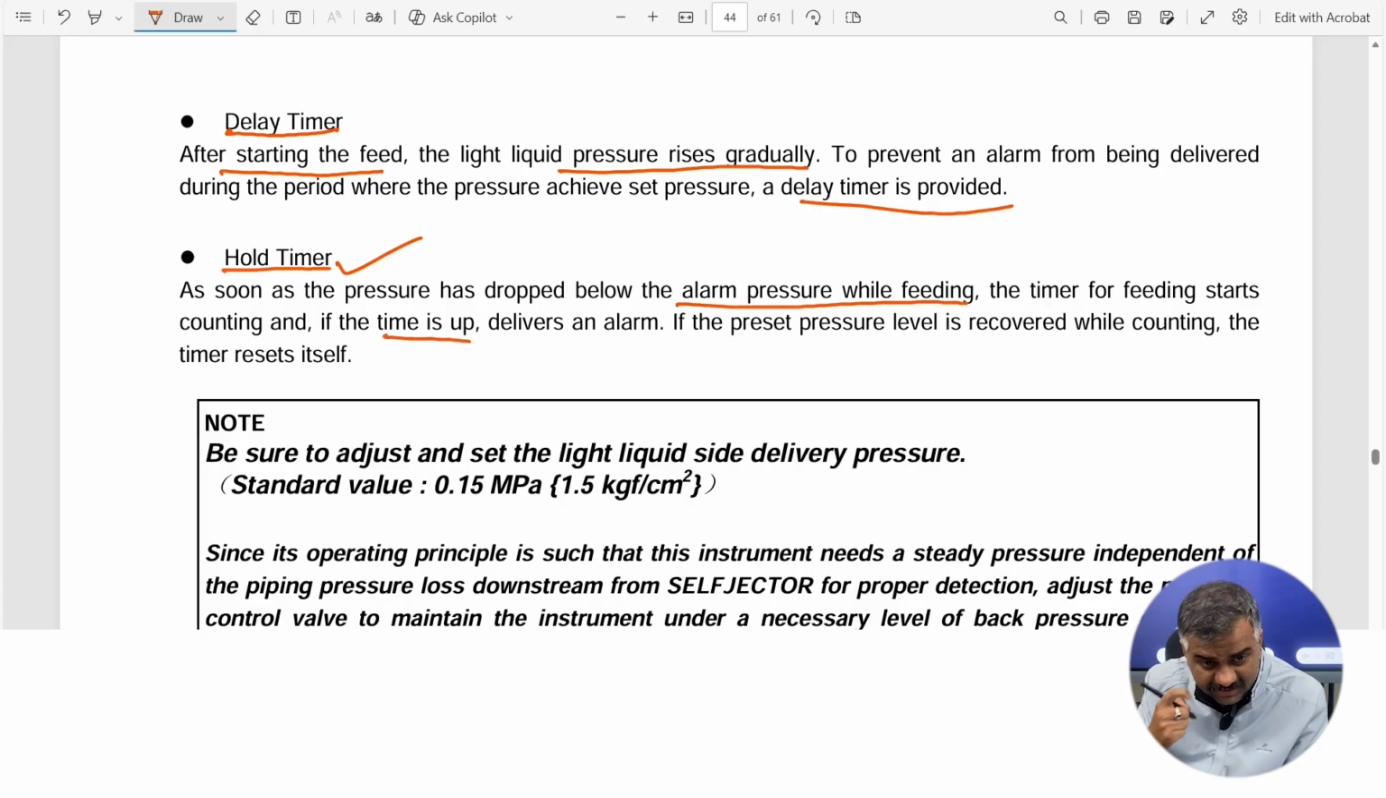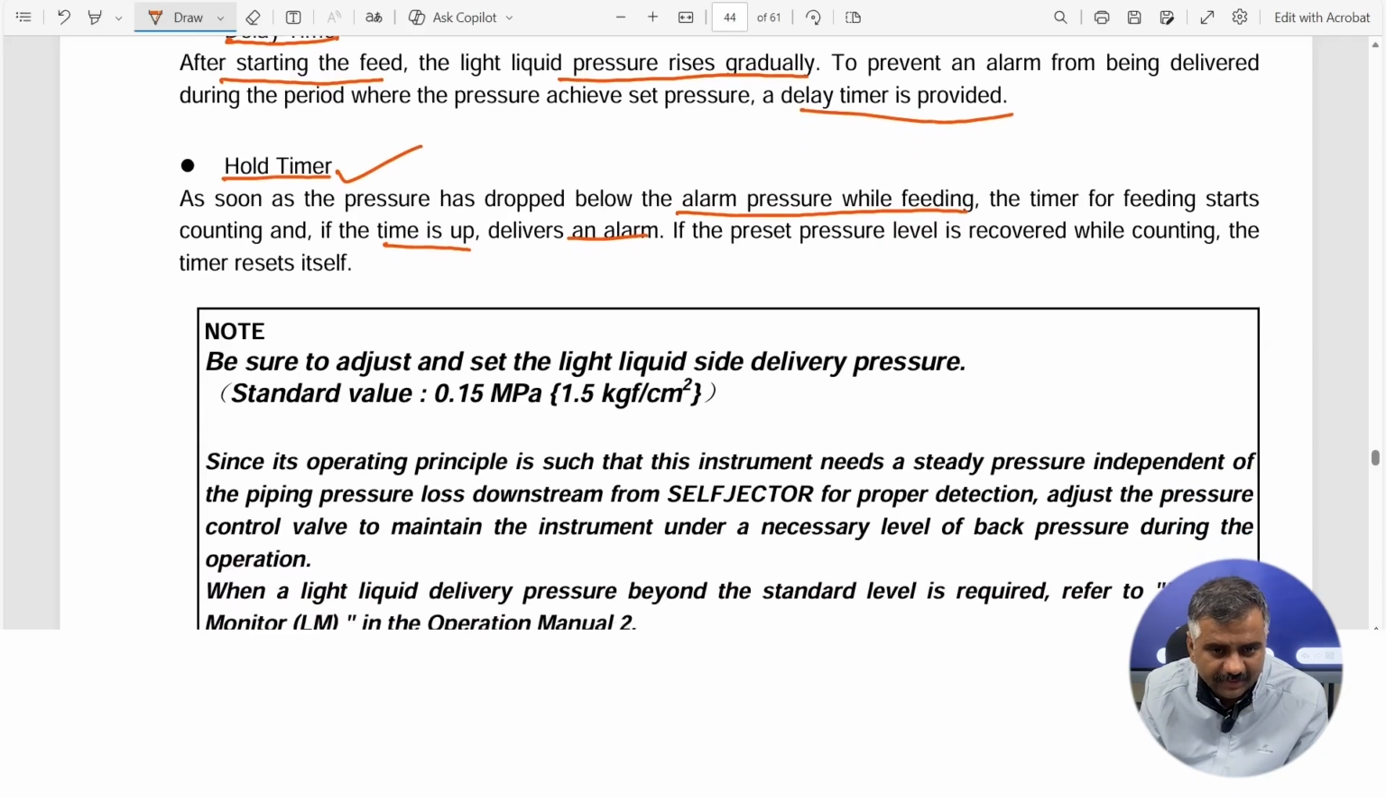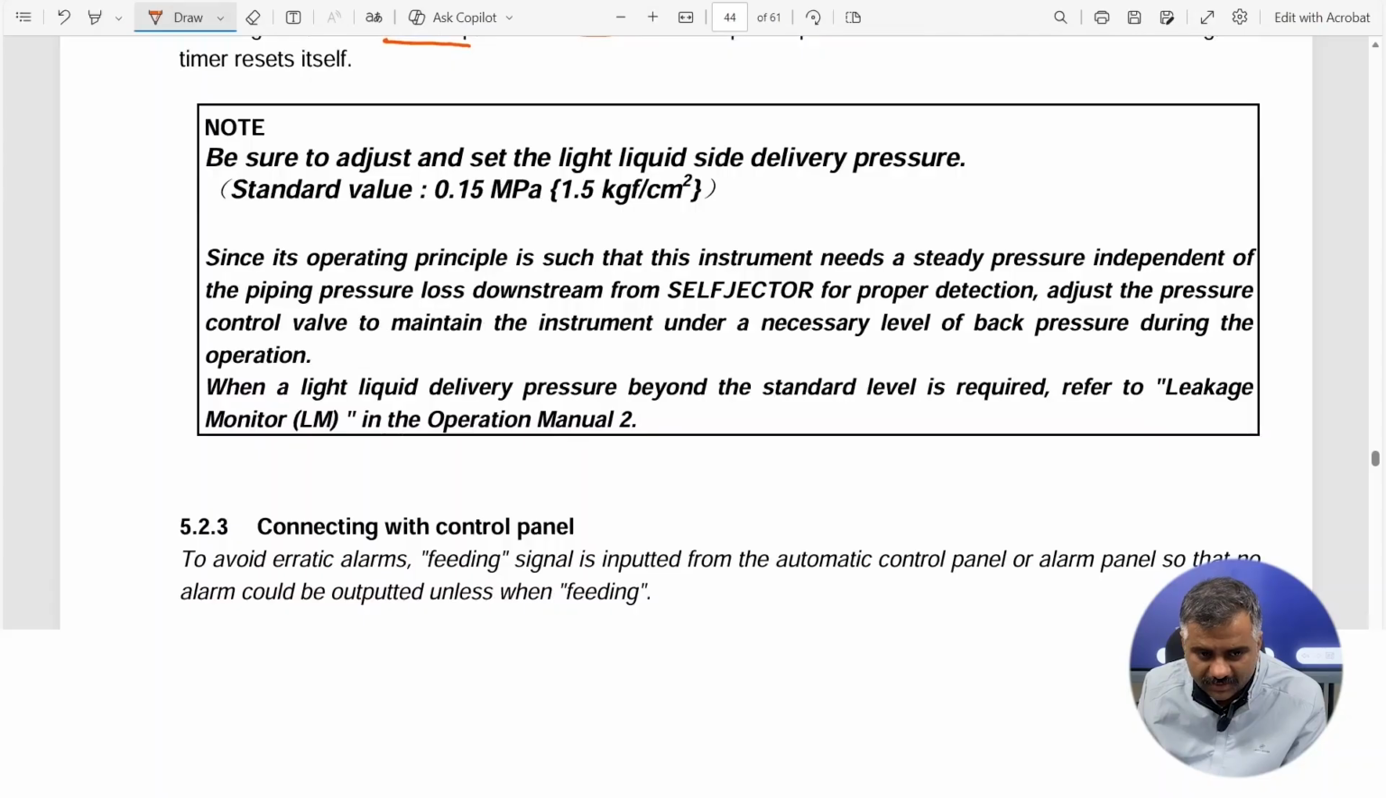we will have this leak off alarm due to the time exceeding of the hold timer. Generally the pressure is set at 1.5 bar. Okay,